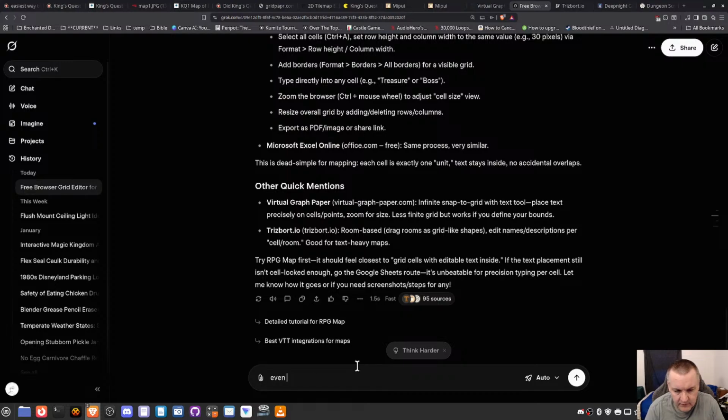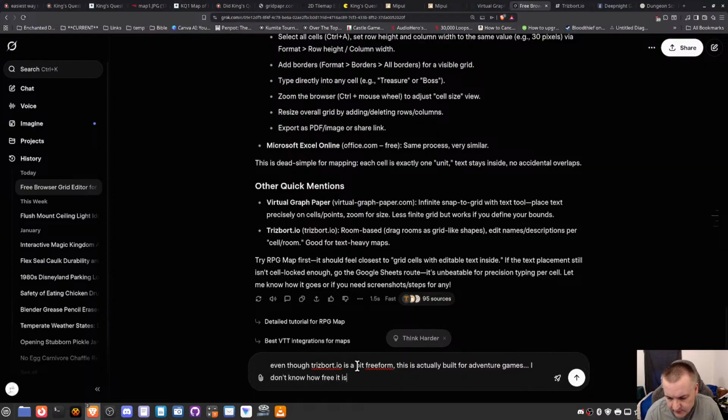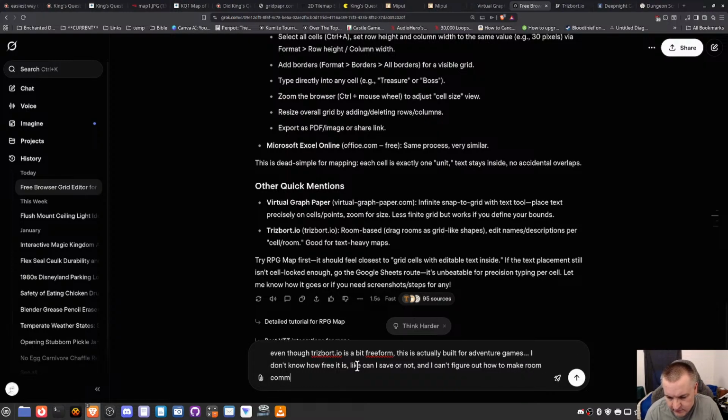Even though it's marked a bit freeform, this is actually built for adventure games. I don't know how free it is, but can I save or not? And I can't figure how to make room connections